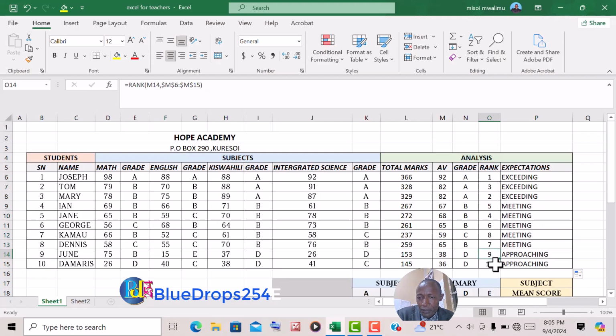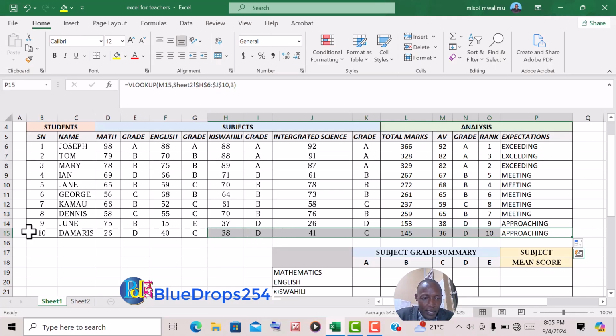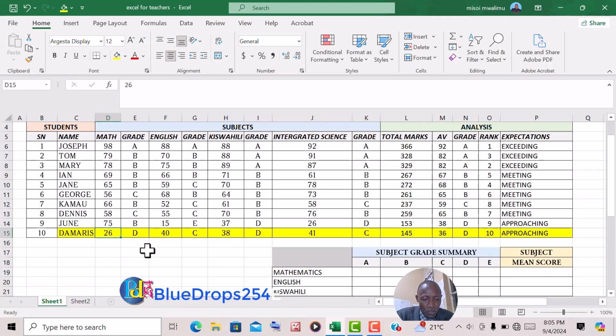And if you want to test this one to check if it is automatically calculating what we need, let us look at the last student here, the one at the bottom, that is Damaris. And let me select and color it for the sake of learning. We can put that cell to be yellow. And we want to change the scores of Damaris and see what will happen. If Damaris is going to score 100% in mathematics, check what will happen to this grade when you click outside. It's already A, and Damaris is